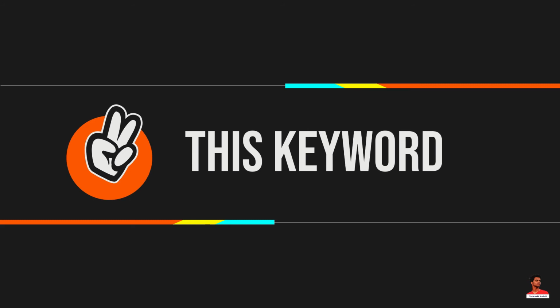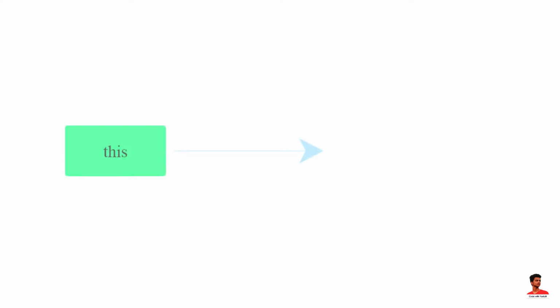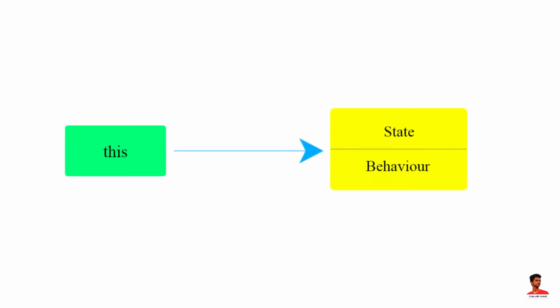there can be a lot of uses of this keyword in Java. This keyword is used to refer to the current object inside a method or a constructor. For example,